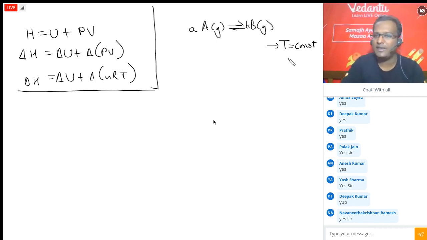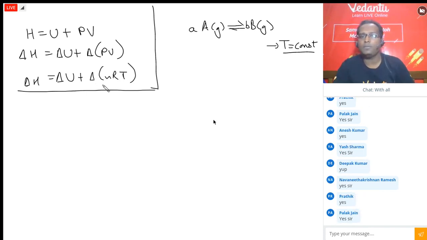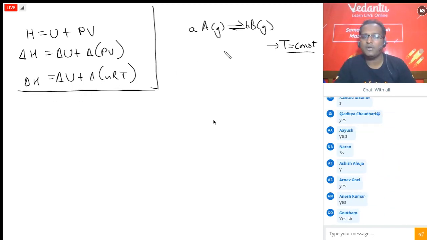In detail the physics teachers will teach it. We will also talk about a calorimeter, but in a moment's time. Now, T equal to constant is a general condition which we always assume in reactions pertaining to the thermodynamics chapter, or reactions studied in 11th-12th standard in general. So, can I say that if I have to write this delta H delta U equation for this reaction, R and T will come out of the delta. For reactions, by default temperature is constant, R is anyway constant. So R and T can safely come out of the delta.